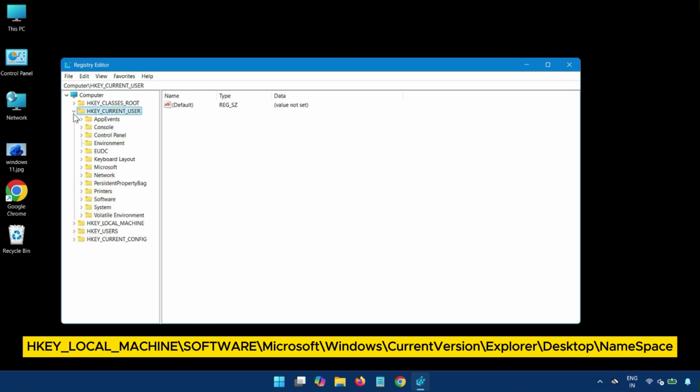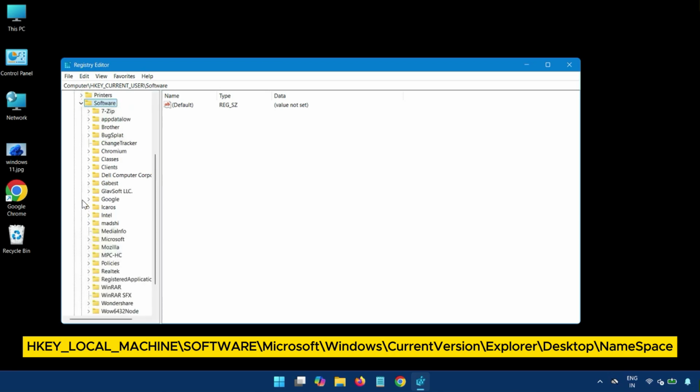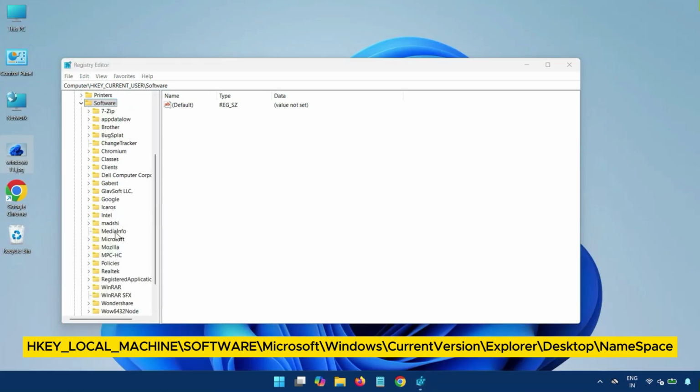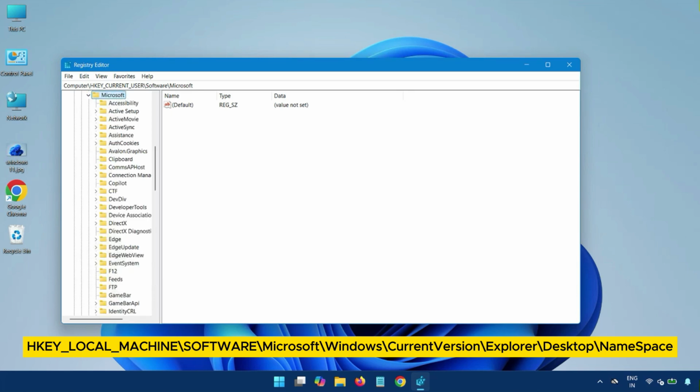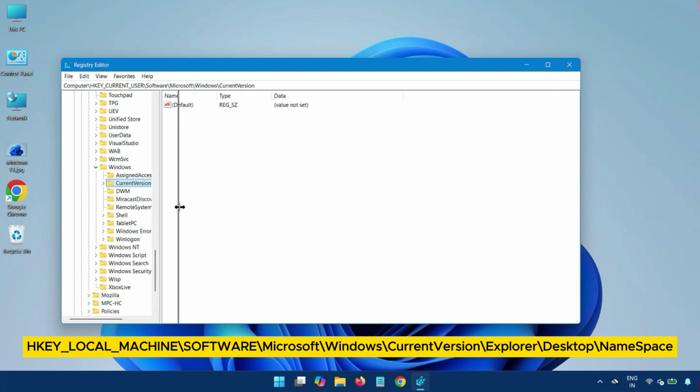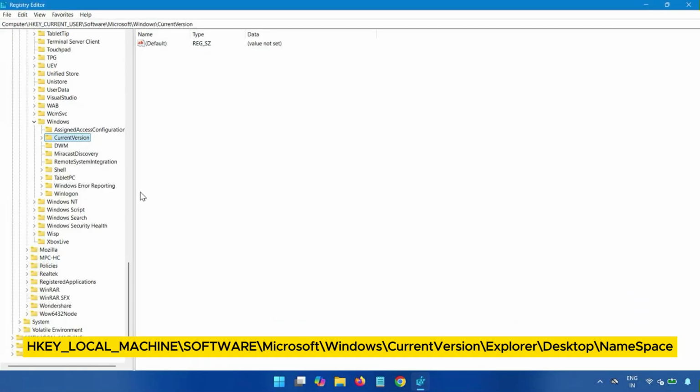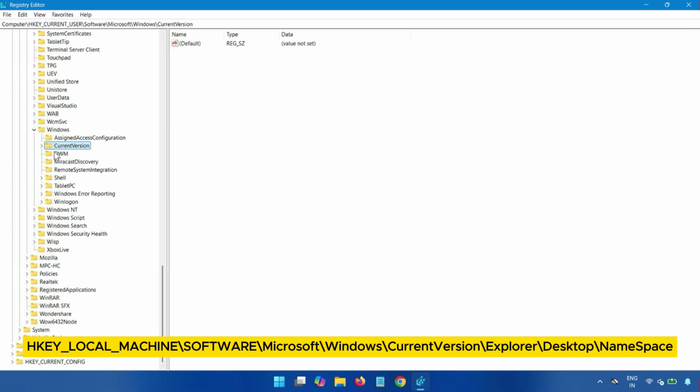expand this. Now Software, expand. Now find Microsoft, expand this. You can see the URL is automatically generated. Then Windows, scroll down, Windows, expand, then CurrentVersion, expand,